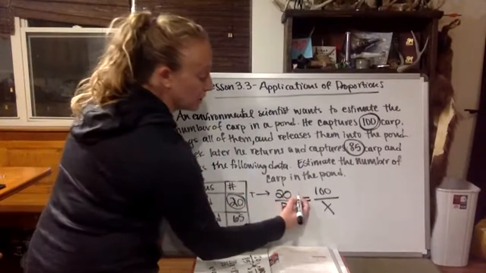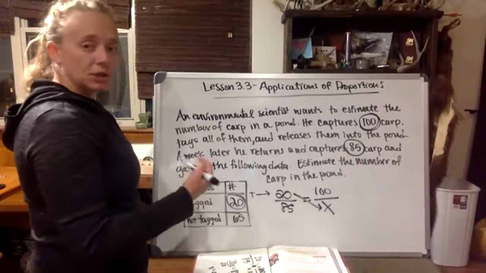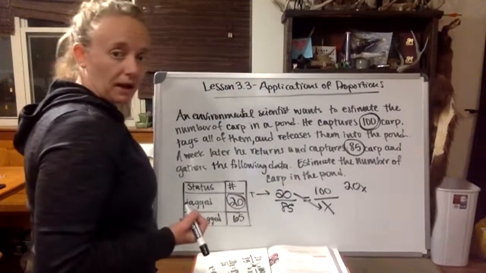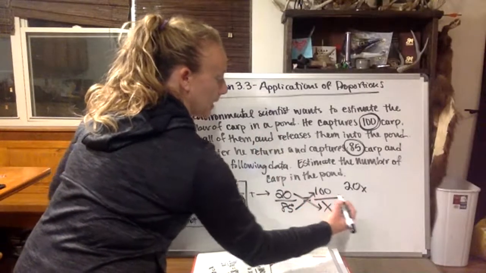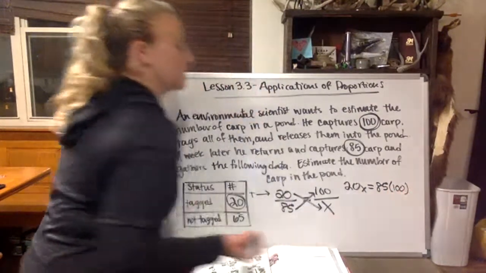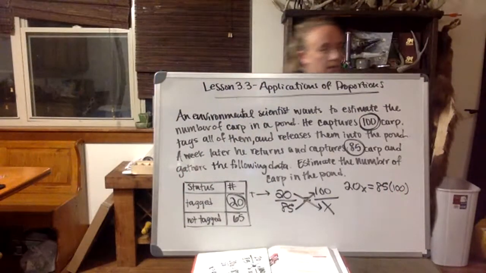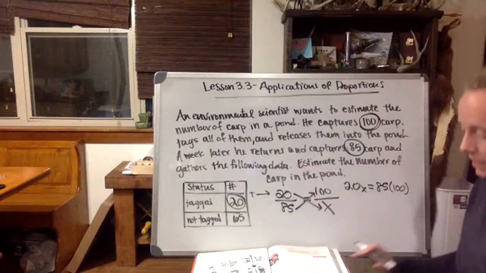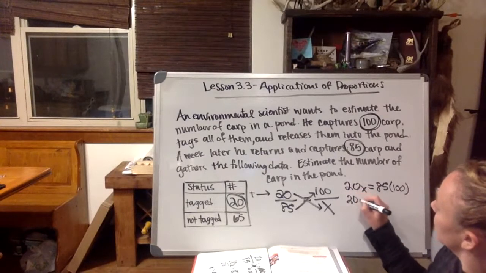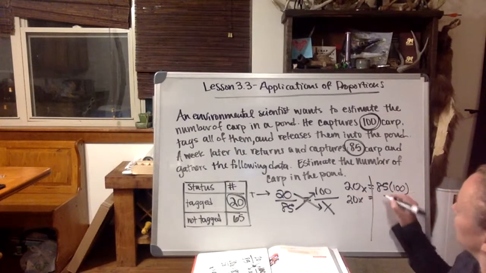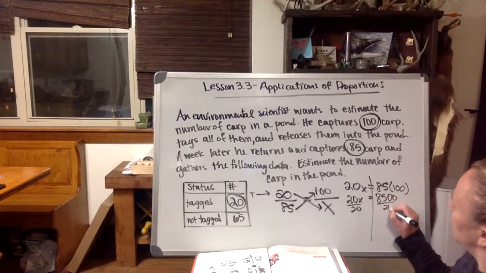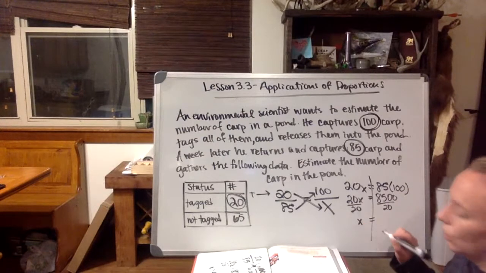Now we are going to use the cross product property to solve this. 20 times x is one part of the cross product property, and 85 times 100 is equal to that. So 20 times x is equal to 85 times 100. I'm going to come over here, I'm going to be Vanna on you guys. I now need to do a little bit of math. 20 times x is equal to 85 times 100, which is 8,500. Now I'm going to divide by 20, and I get x is equal to